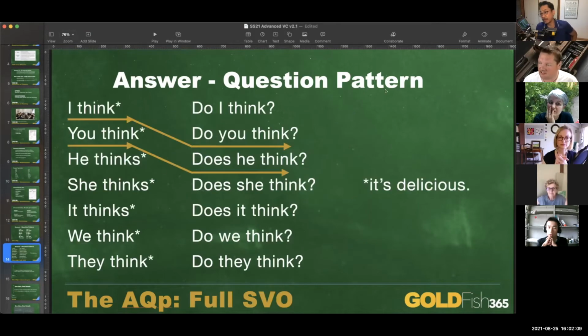The answer question pattern can be extended, and then you start doing this with the more difficult verbs. The irregular verbs like be or should, dead simple, right? I should, you should, he should. There are no changes at all. But when you've got something like think, which needs the